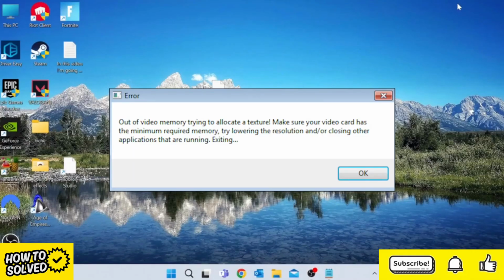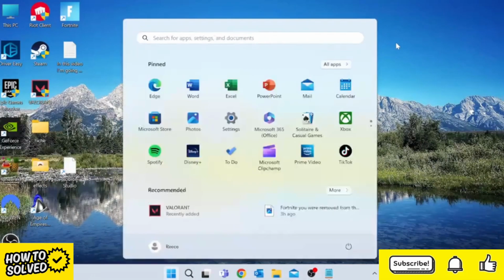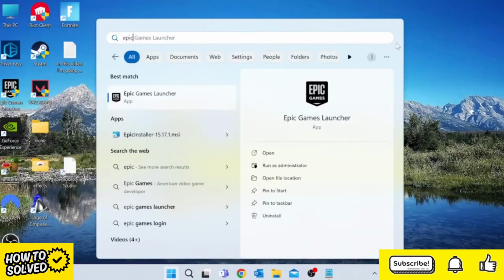In this video, I'm going to show you how to solve the issue with Fortnite, where you get the error of video memory trying to allocate a rendering resource. Make sure your video card has the minimum required memory. It's a relatively simple one to fix, so let's just jump straight into it and open up the Epic Games